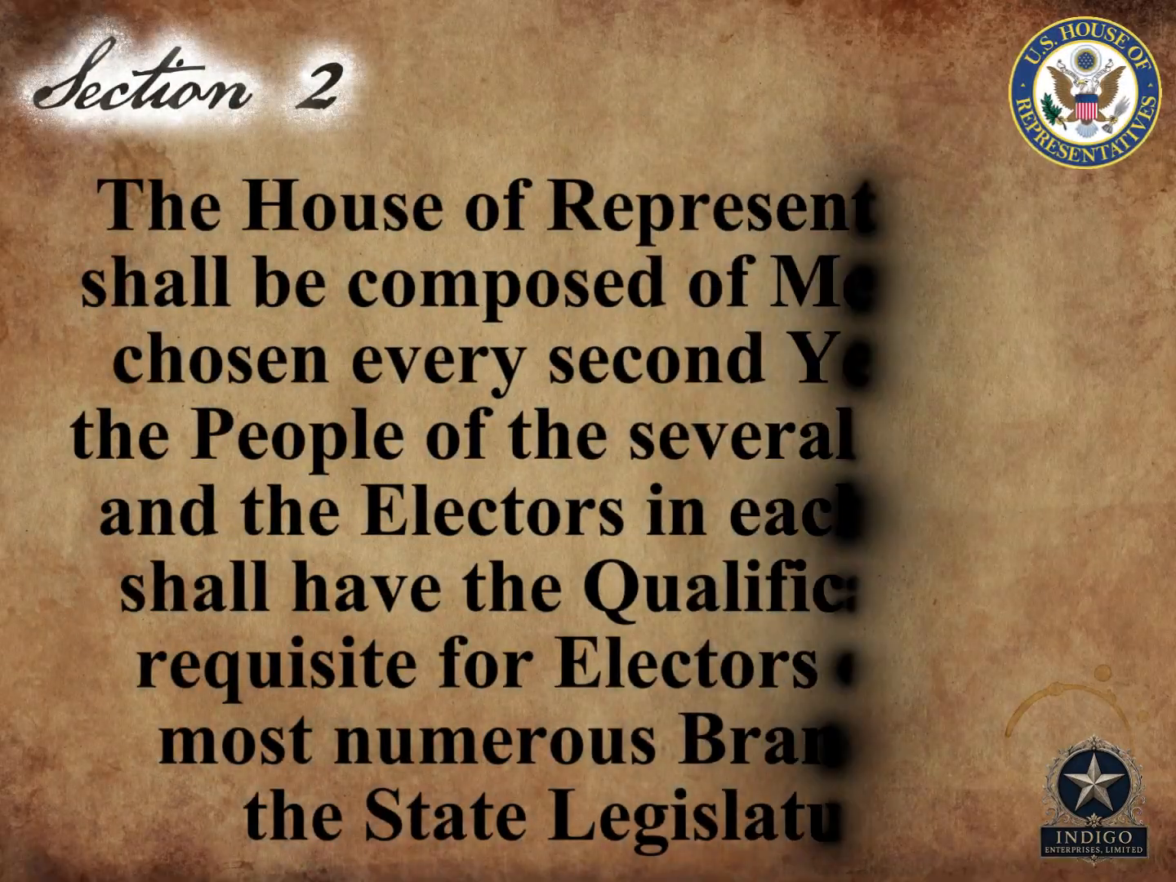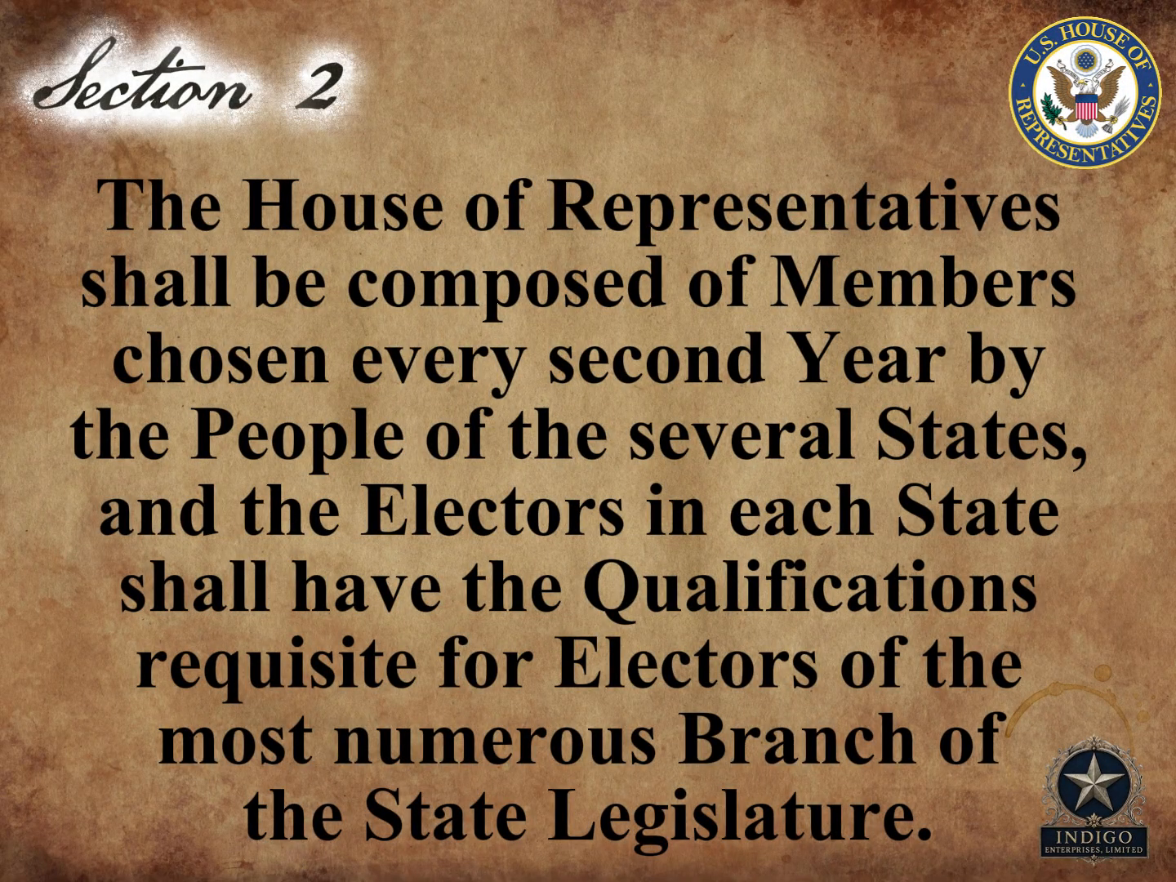"The House shall be composed of members chosen every second year by the people of the several states, and the electors in each state shall have the qualifications requisite for electors of the most numerous branch of the state legislature." Basically, this is saying that every 2 years, representatives shall be voted on, and the rules for these elections are based state to state. For the largest body of the legislature, or the lower house, which is the House of